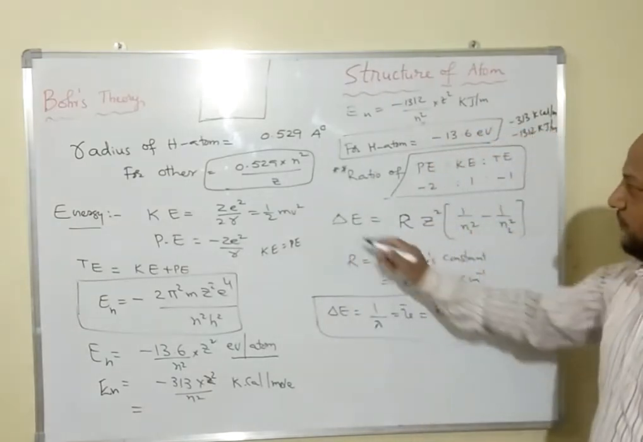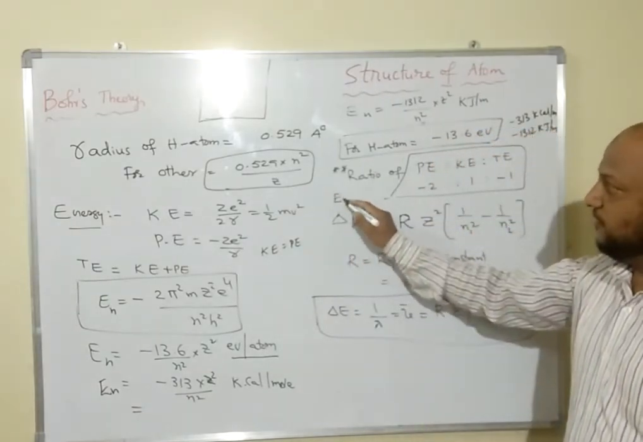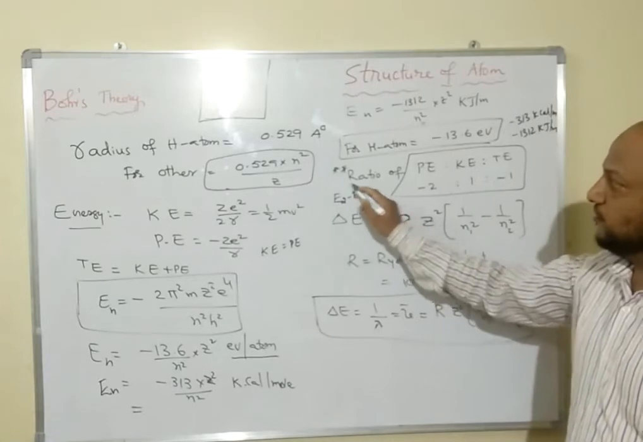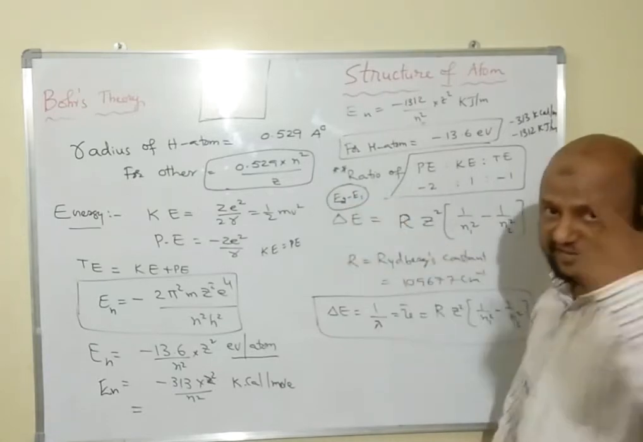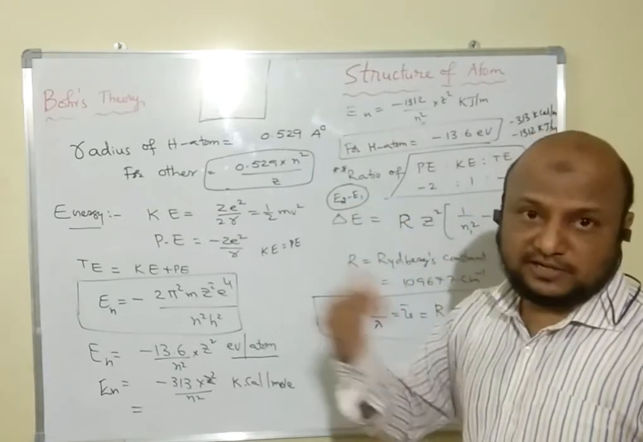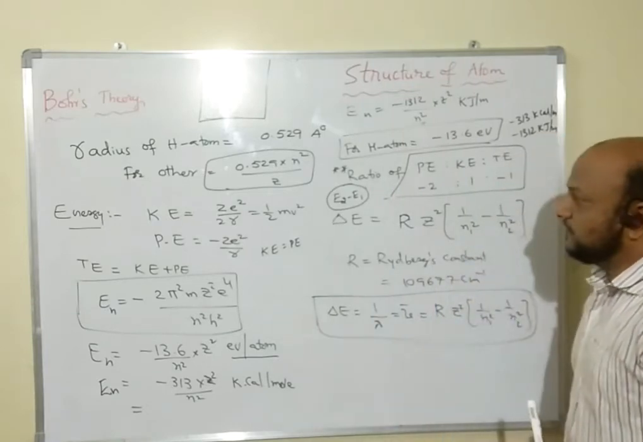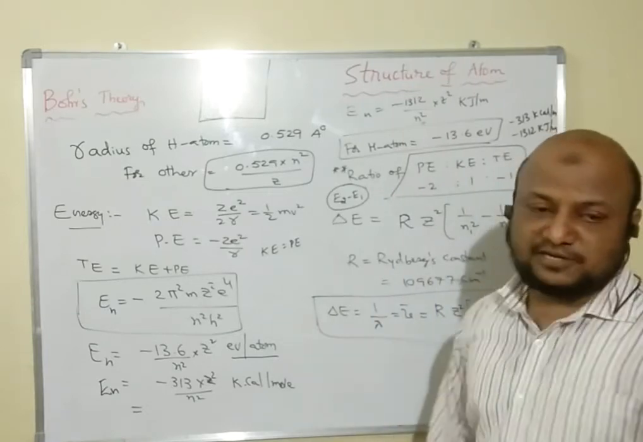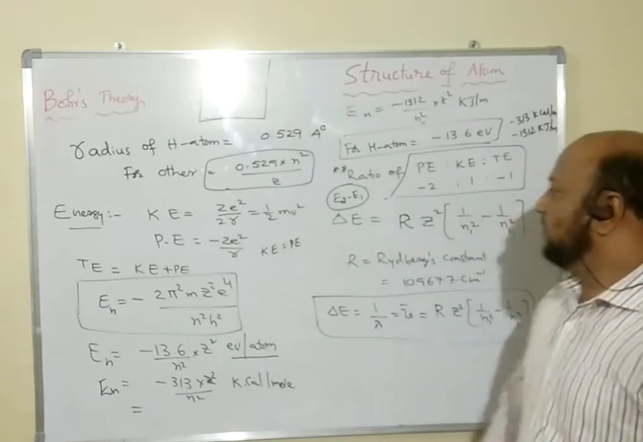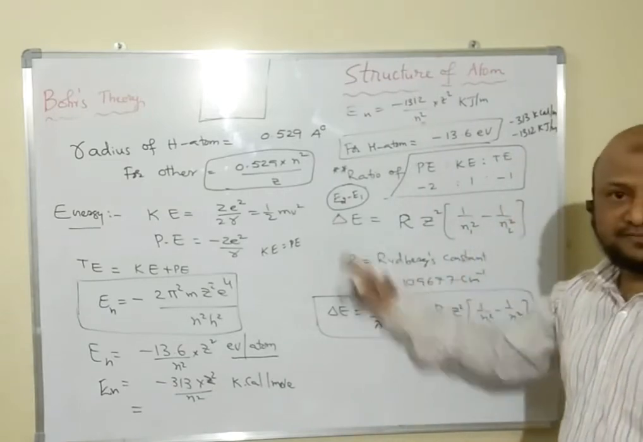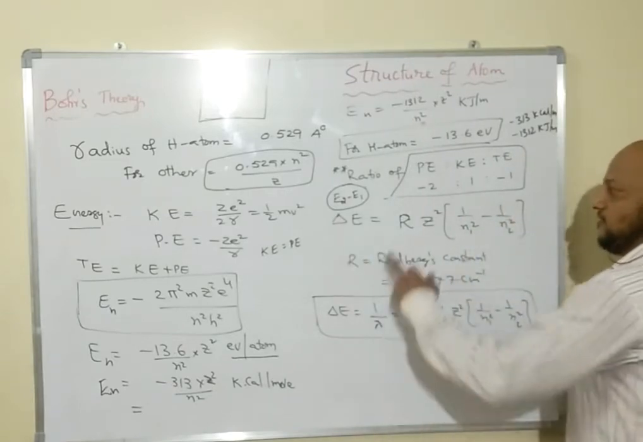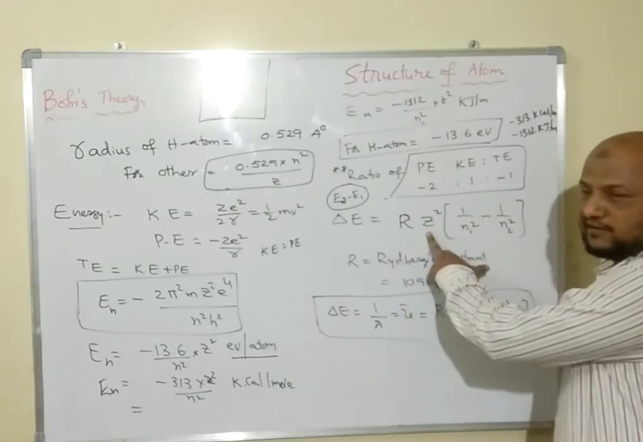Also, if excitation and de-excitation takes place, sometimes the question is like that: the electron is excited from one level to another level. For that purpose, what is the energy change? That type of energy is also asked sometimes. For that purpose, we use one equation, that is delta E is equal to R Z square into